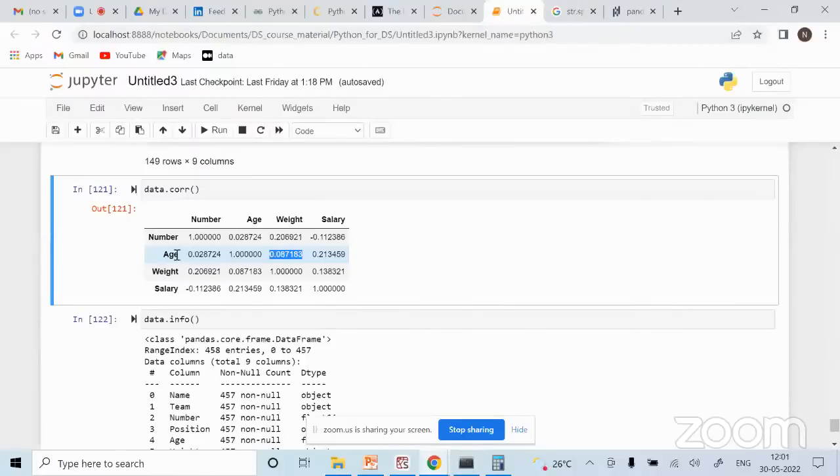But let's take this case, right? Here if you look, nothing is more than 0.2; the maximum is, I believe, 0.21. So of course there is not a strong relationship between any of the two variables, that is true. However, in relative terms, relative to all other things, you can say yes, salary and age might be strongly related. And again, this is intuitive, right?